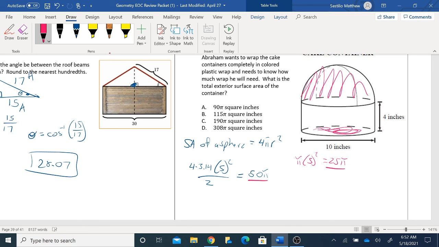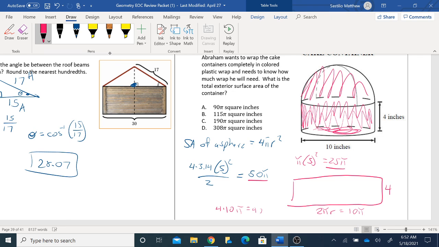Now we need to find the actual side of the cylinder. Remember how you do that is you do length times width. But this is the rectangle. This is 4. But then this part is the circumference. And that's 2 pi r. It's going all the way around, which is 2 times pi times 5, which is 10 pi. So 4 times 10 pi would be 40 pi. So you got 40 pi plus 50 pi, which is 90 plus 25 pi. It's 150